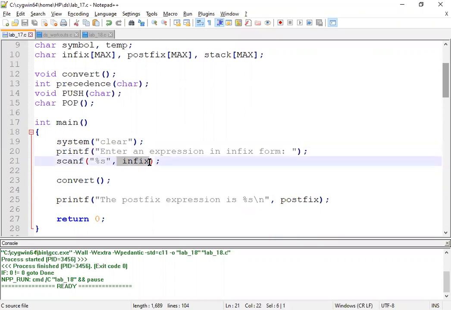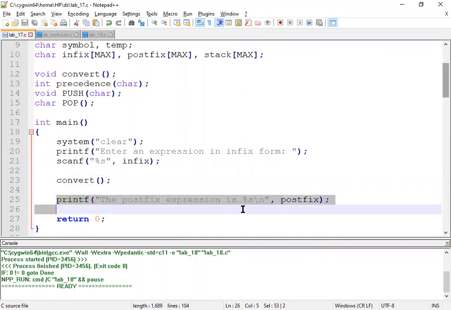Once the infix expression is read, it will be stored in the string called infix. Then we will call the function convert, and this convert function will take care of converting the infix into the postfix based upon the priority and the precedence of the operators. Once that is done, the main function will just display the postfix format of the infix.